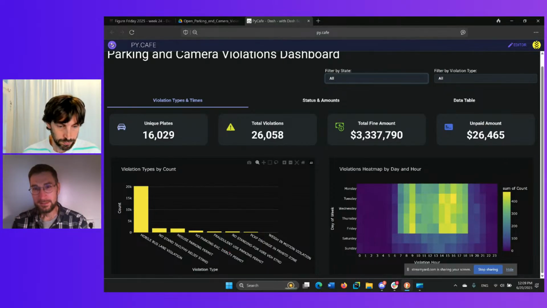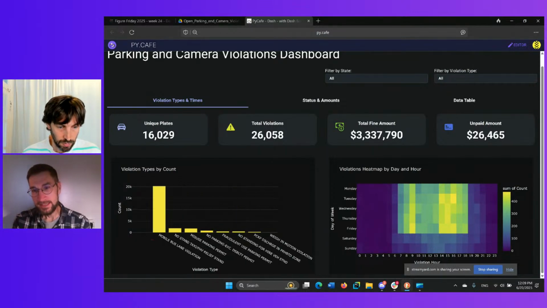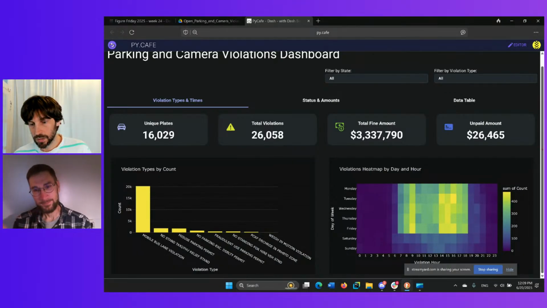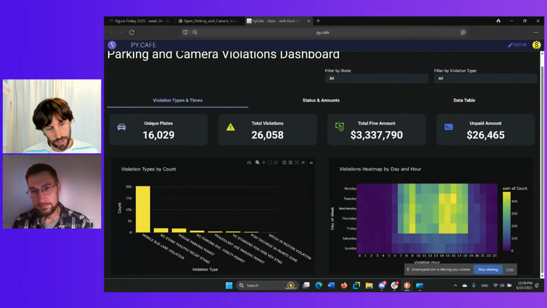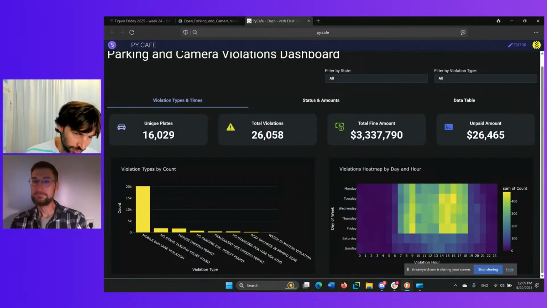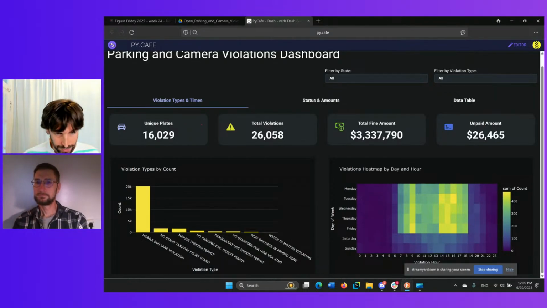Violation types by count, and you can easily read those. They're on an angle, beautifully done. Much easier to read, and this way you can fit them in because they are quite long. I agree, it's a great usage instead of just vertical. I like how in the cards here she curved them. It looks more modern. It's hard to see in the dark, but if you look closely, you can see it. These are like Alex from